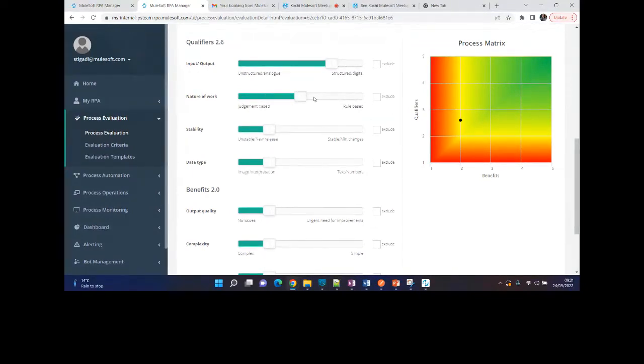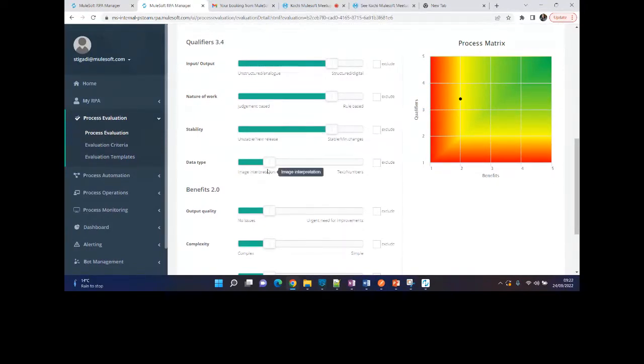So nature of work changes, so we can give it a little higher. Then stability, how stable is this work, because how frequently am I filling it up? It's like 4 times in a month, right? And sometimes I even forget, and sometimes I even make a mistake when I fill it up. The timesheet even gets rejected because instead of personal leave, I have put some other leave or something like that, right? Or I have clocked the number of hours on a day which is a national holiday, so it's error prone. So the stability, I will assume not so stable, right?